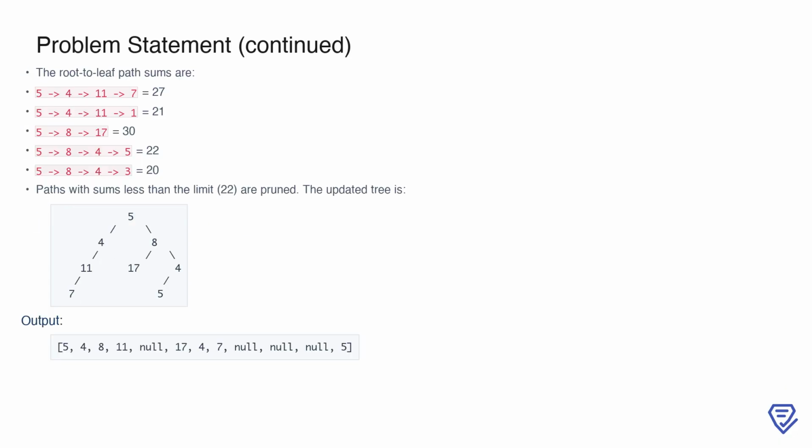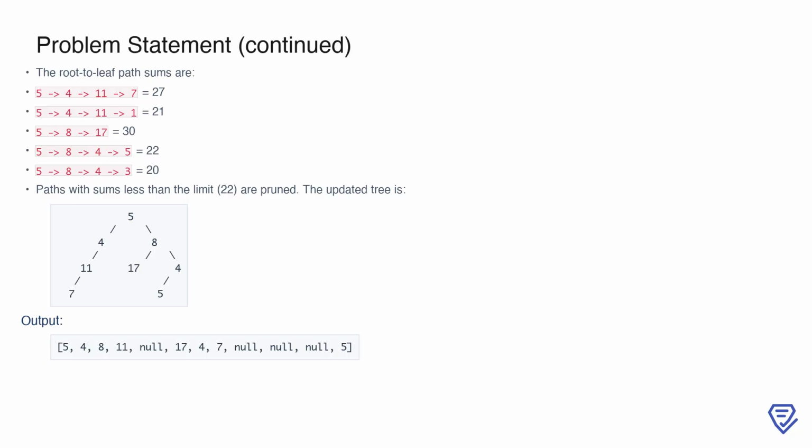Now let's explore a more complex example. Here, the input tree is represented as 5, 4, 8, 11, null, 17, 4, 7, 1, null, null, 5, 3, and the limit is 22. Visualizing the tree, the root node is 5, with two children, 4 on the left and 8 on the right. The left subtree includes nodes like 11, 7, and 1, while the right subtree contains nodes such as 17, 4,